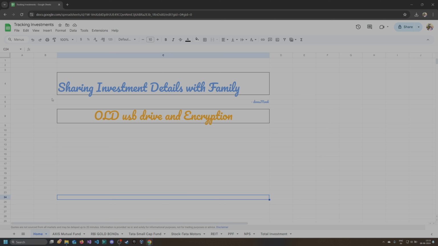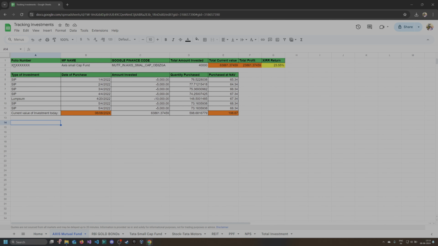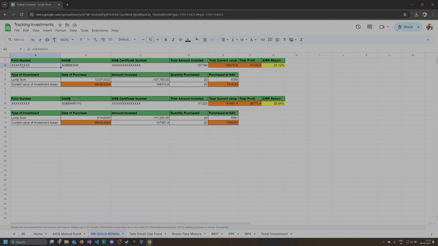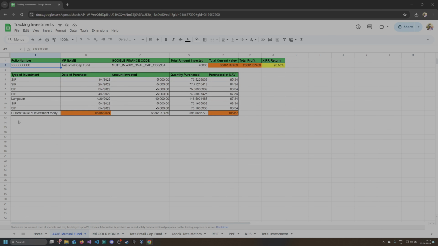So first of all, we have this Google Sheet that has all the investment details that we have done. Like this Axis Mutual Fund, we have this folio number, which can identify your investment in this fund, and same with RBI Gold Bonds. You must have some unique number for your investment, and same for other investments. You can also add in this sheet from which website you have invested in this mutual fund. So maybe you have invested from the Axis Mutual Fund